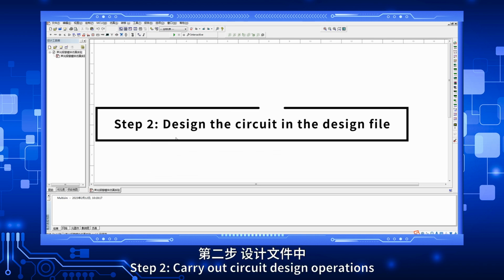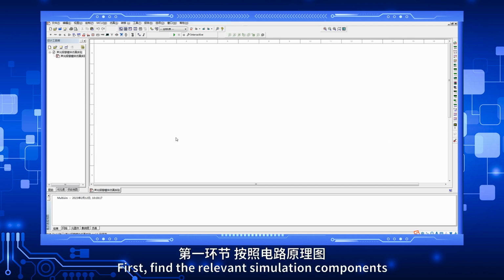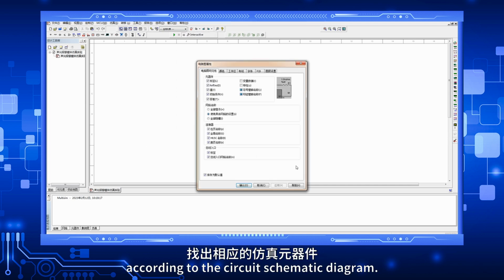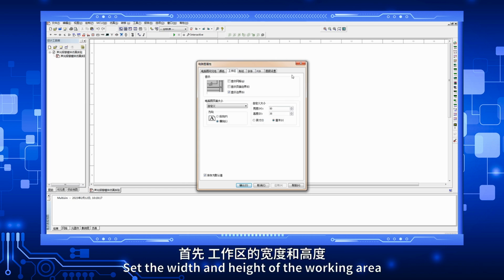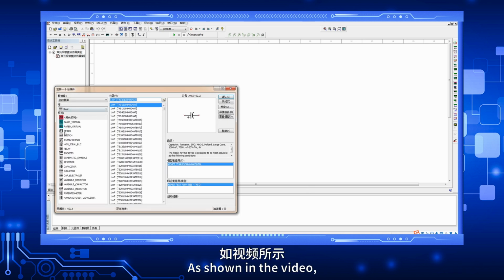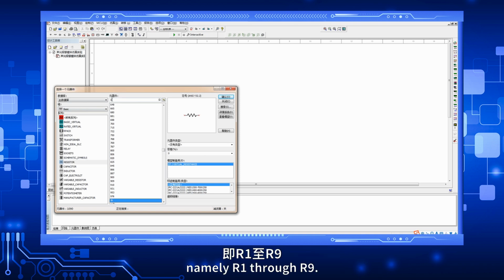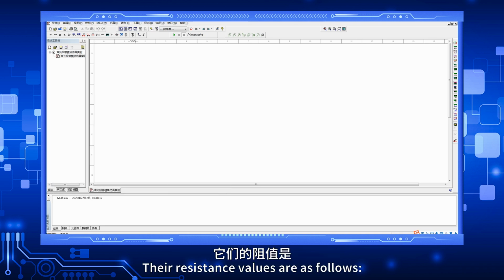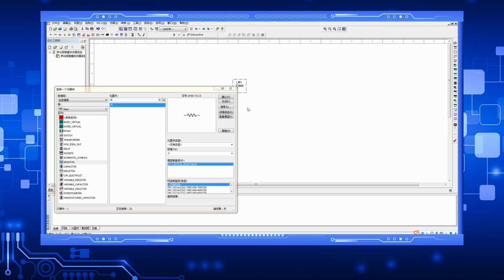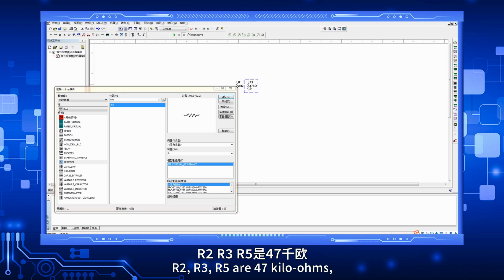Step 2. Carry out circuit design operations in the design file. First, find the relevant simulation components according to the circuit schematic diagram. Set the width and height of the working area as 50 and 35. As shown in the video, we use 8 resistors and 1 slide rheostat, namely R1 through R9. Their resistance values are as follows: R1, R4 are 2 kiloohms, R2, R3, R5 are 47 kiloohms,